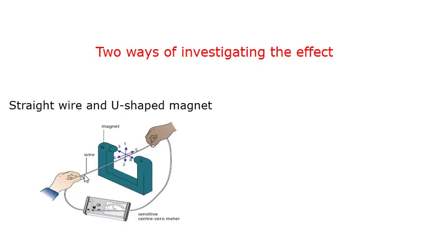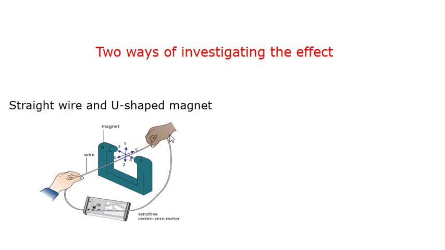Now when I move this wire in direction 1, 2, I see a change in the needle of the galvanometer, which indicates that there is flow of current. When I move this wire in direction 1, I find deflection in one direction, and when I move it in direction 2, the direction of the needle is reversed. If I move this conductor along the 3, 4 direction, there is no change in the needle of the galvanometer. So from this we conclude that as I move this conductor relative to the magnet, there is generation of current in the conductor.